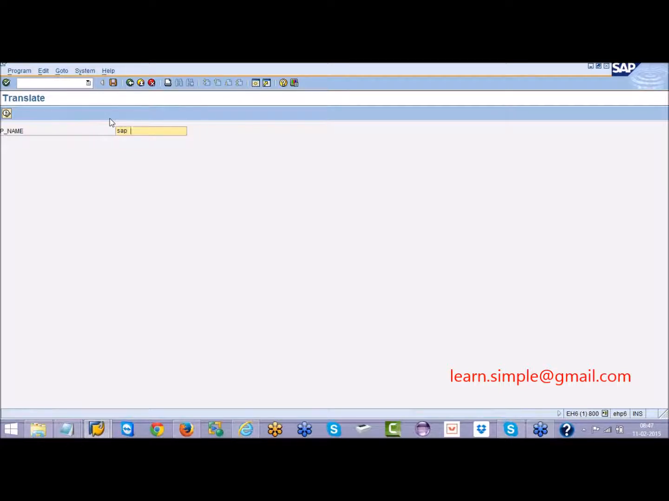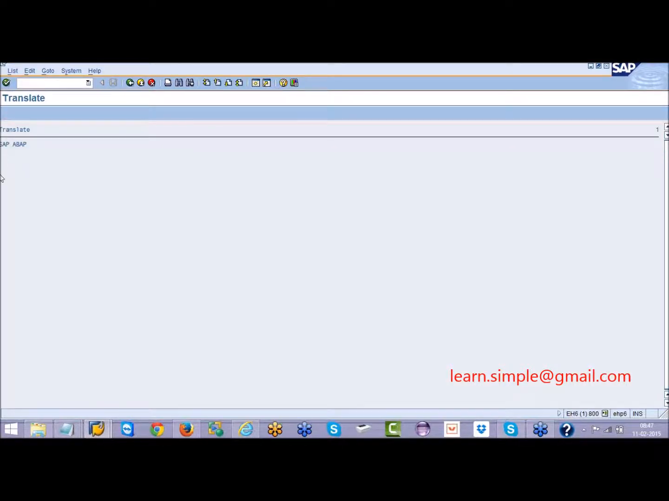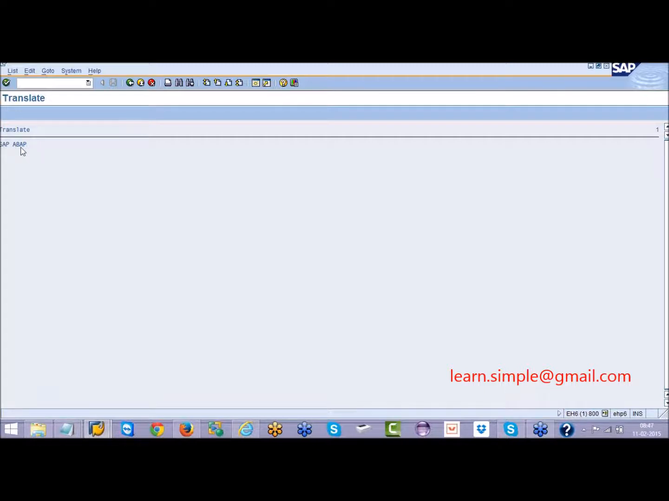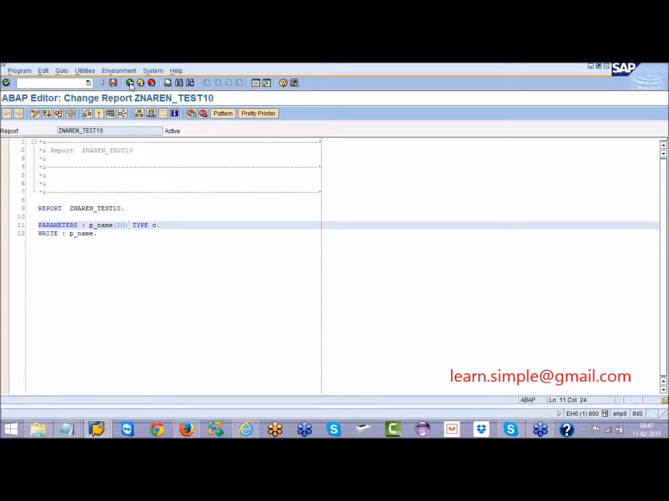In the name, I will give SAP ABAP. See, I'm giving it in smaller case letters. These letters are smaller, but when I press enter, SAP converts the smaller case letters into uppercase. When I execute, it prints the output in uppercase. Always, when you give some input, even in smaller letters, SAP will convert it into uppercase and then print it in the output. But if you still have a requirement to print in lowercase itself,